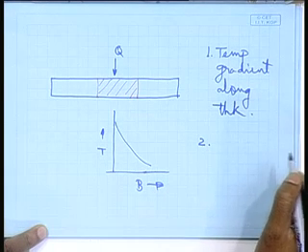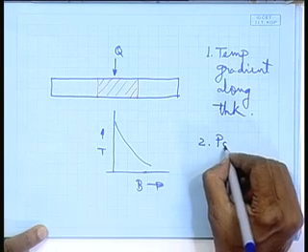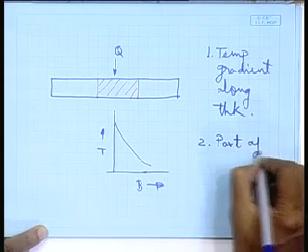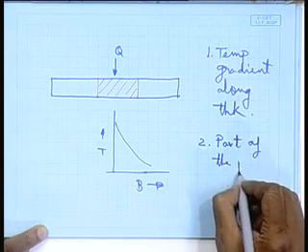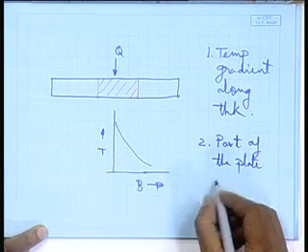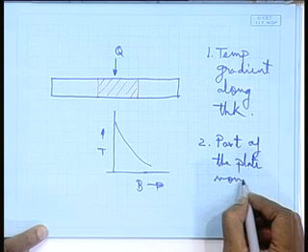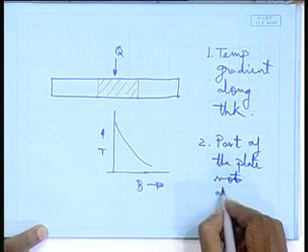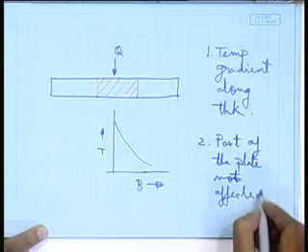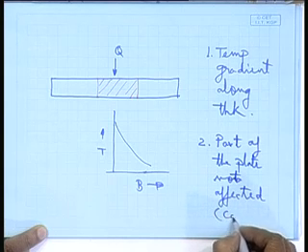Two, part of the plate is remaining cold, not affected, or in other words remaining cold,